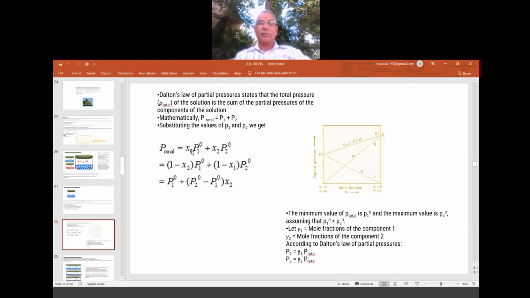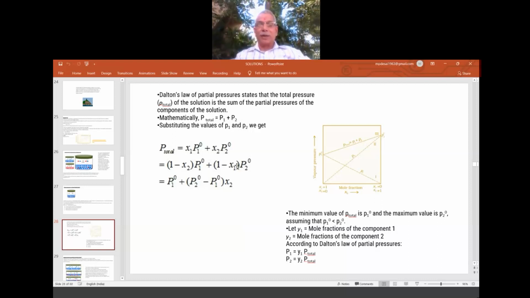So what is X1 here? It is the mole fraction of the first component. We know that the mole fraction of the first and the mole fraction of the second add up to 1 only, no? So X1 is 1 minus X2. In place of X1, I have taken 1 minus X2. Convert both in terms of either X2 or X1. Keep it as X2, or take this as 1 minus X1. Both should be in one term only.